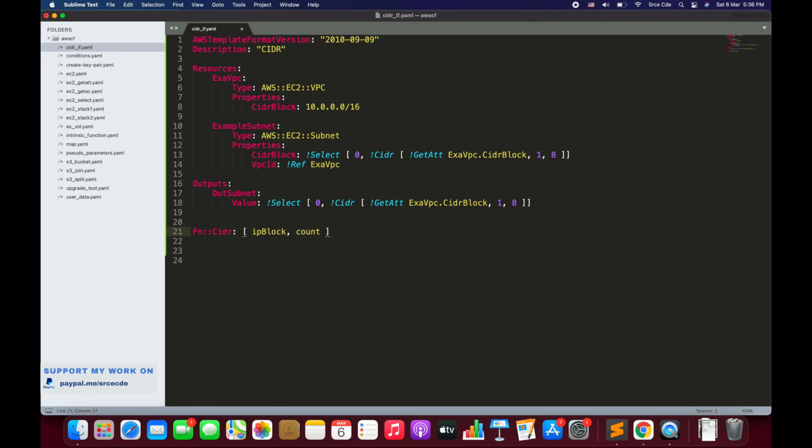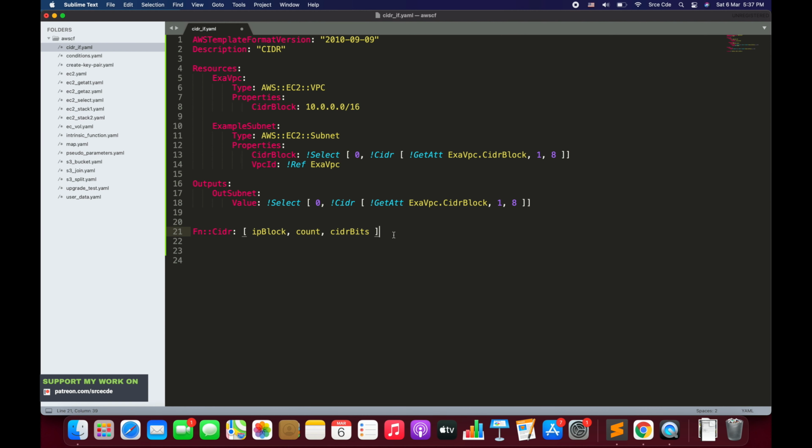Then finally we have the third parameter, that is CIDR bits. CIDR bits depicts the number of subnet bits for the CIDR. For example, if we specify the value of 8 for this parameter, then it will create a CIDR with a mask of /24. And one thing we need to keep in mind for the count is that the valid range that we can define is between 1 and 256. So we cannot define 257 or greater than 256, right? So that's basically the count.